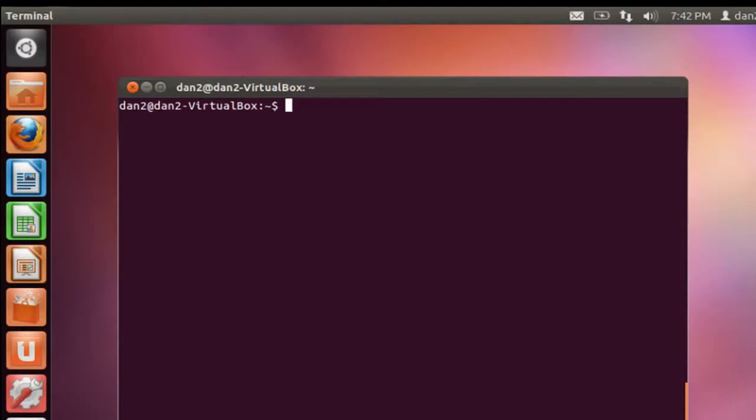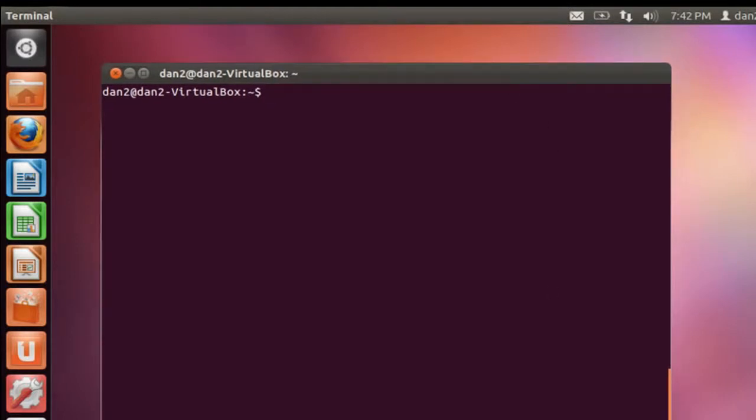If we're going to install Wine, Wine is included in the Ubuntu repositories. But what we can do is add the Wine repositories to our install here so that we can get the most up-to-date versions of Wine. So let's do that. Let's add that to our repository. So what we're going to do is we'll say